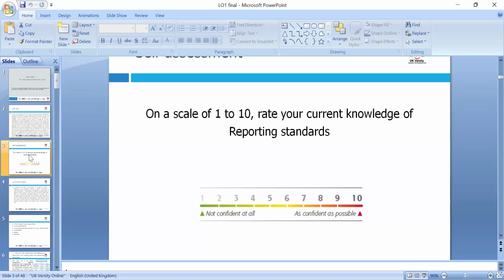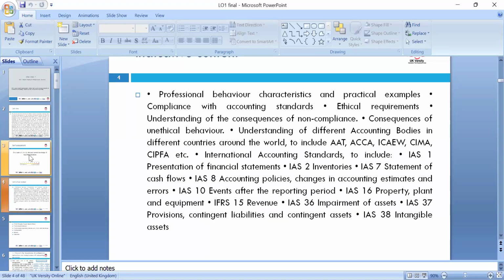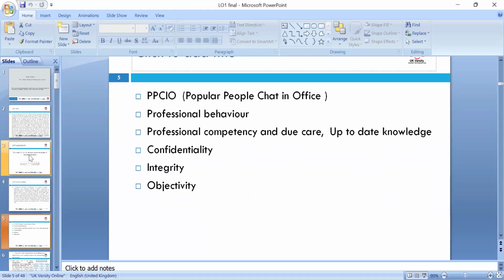Okay, it's always good to reflect before starting any activity. You can reflect on how much you know about accounting standards and why accounting standards are important, especially in a global village where financial statements and companies and businesses across borders are involved, with a unified system. That's why we have international accounting standards.